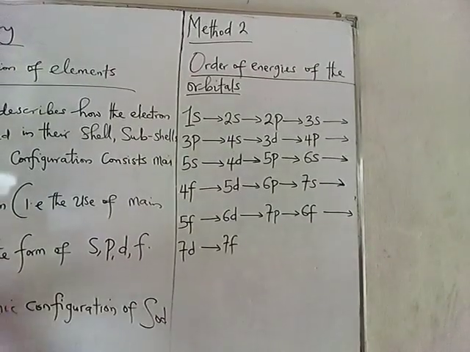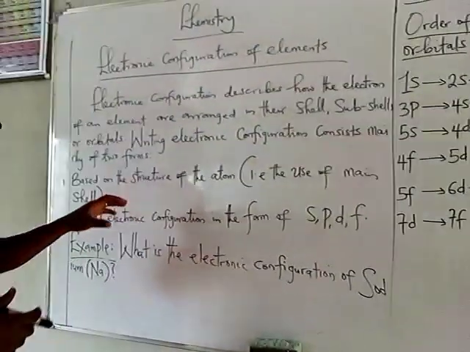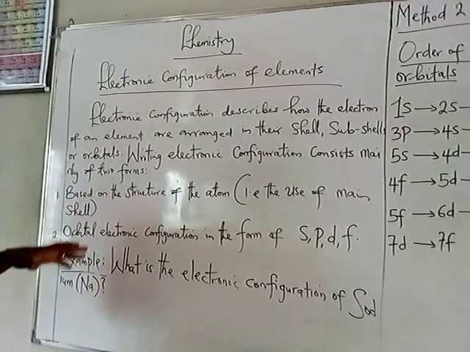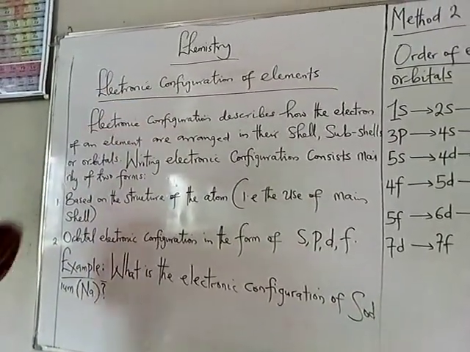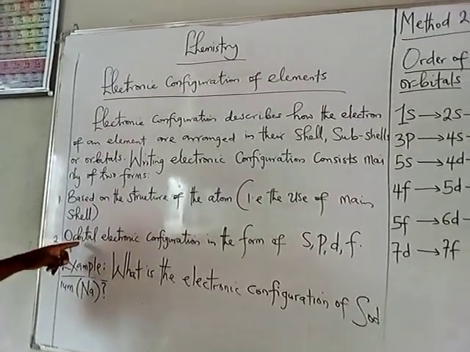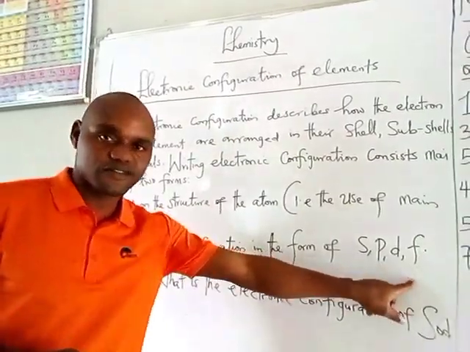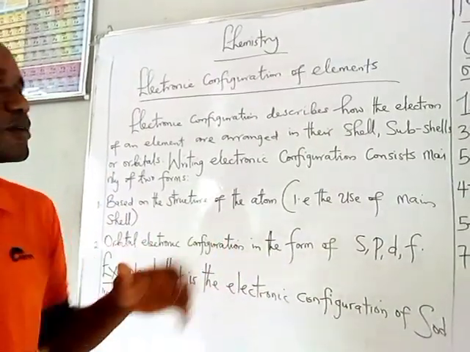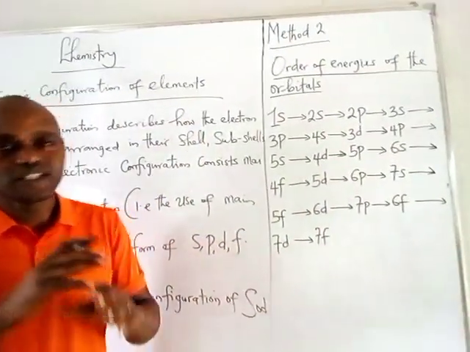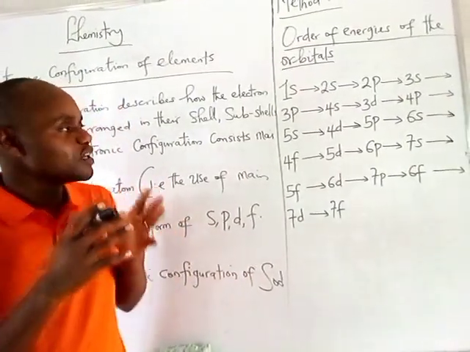We want to consider the second method in which we can solve problems relating to electronic configuration of elements. Don't forget, we said the second method or form is orbital electronic configuration in the form of SPDF. Now, when we are talking about an orbital, it is a volume of space where there is a probability of finding an electron. And when we are making use of the